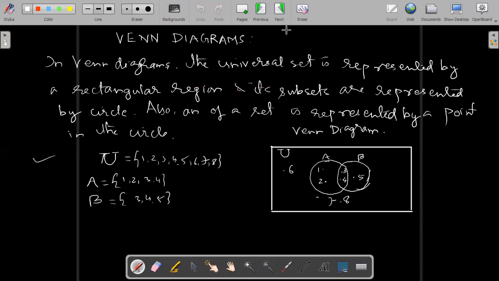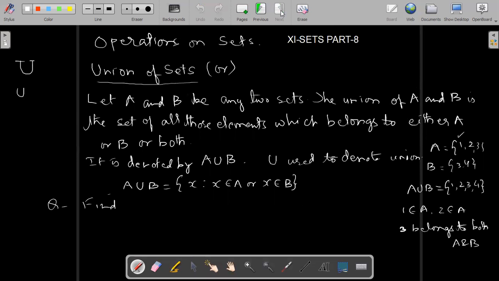The union is not equal. For intersection it is true, but for union it is not true. To find, we are doing union first. Okay. So I was taking one simple question for finding the union of two sets. Find the union of